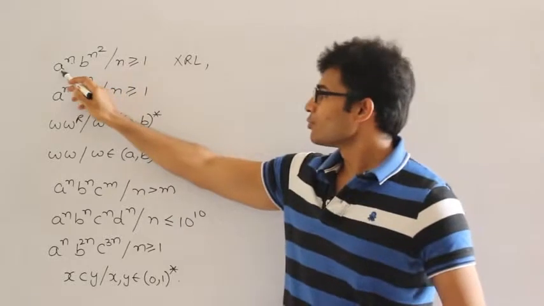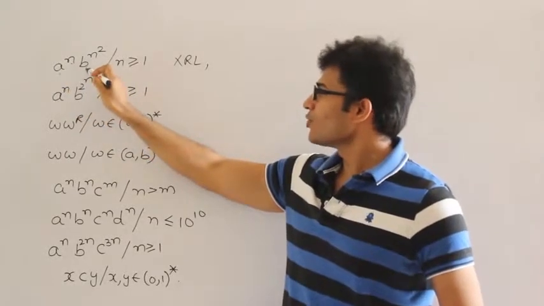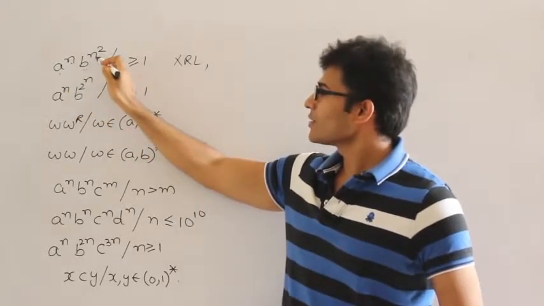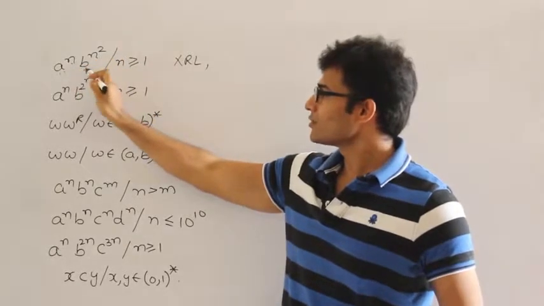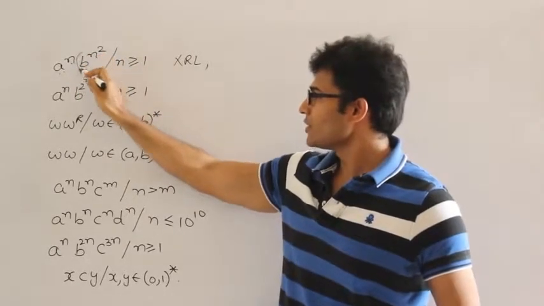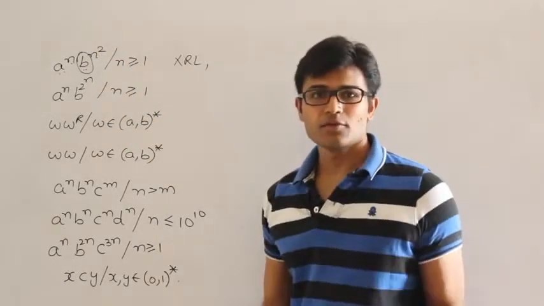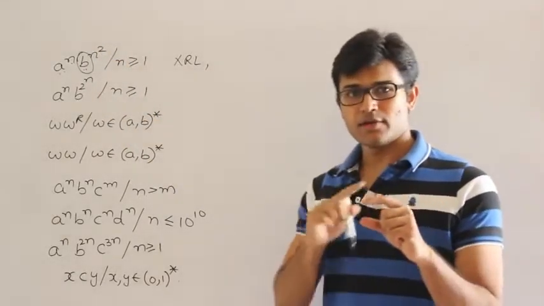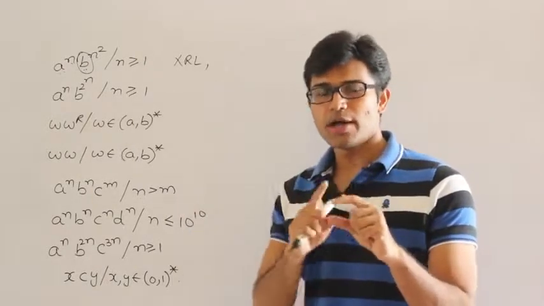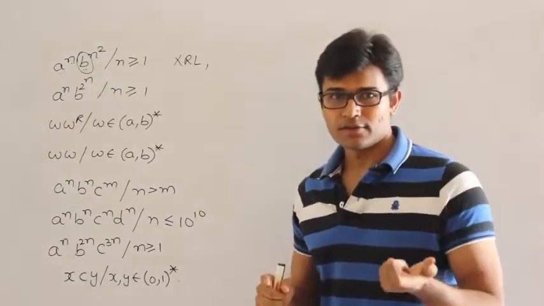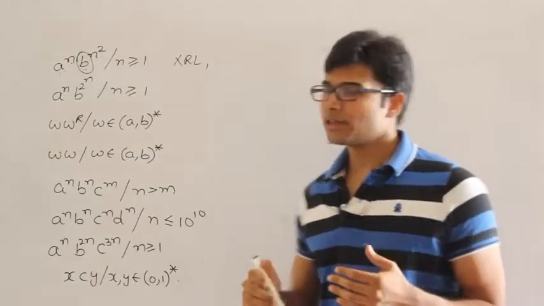So a power n we can push onto the stack, but then there is no way for every n square b's to pop one a. If the length of b's had been in AP, then I could put a loop in the finite automaton, and for one loop I could pop off one a. That is how we did a power n b power 2n, isn't it?